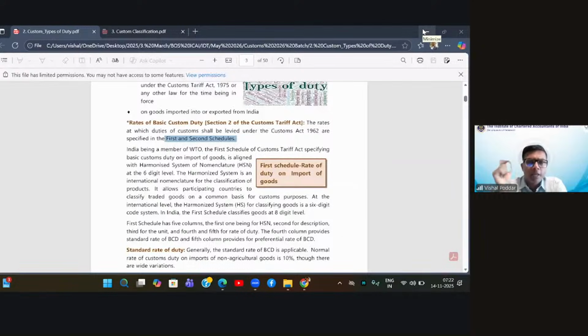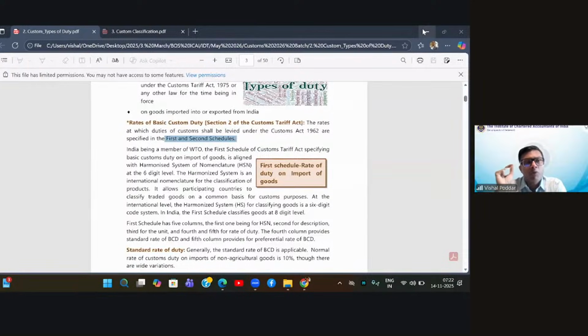In Schedule 1, you have the duty rates provided for import. In Schedule 2, you have the duty rates provided for export. On export, we have very limited items on which duty is levied. On import, we have virtually everything covered, because every country wants to promote its export. So whenever a country wants to promote export, duties will be levied on export only selectively. Only where some restriction has to be brought in, there is duty on export. So in the export schedule, you find a very limited number of goods, but the import schedule covers everything.